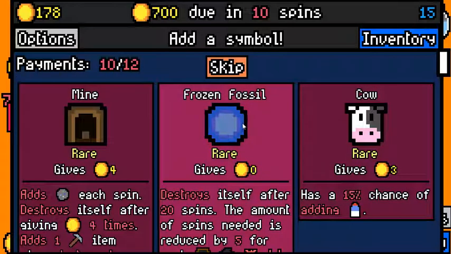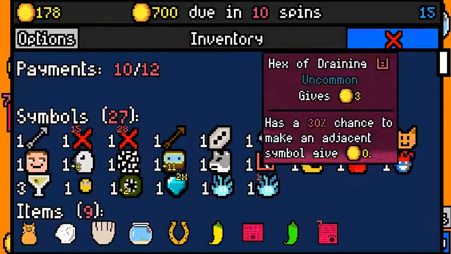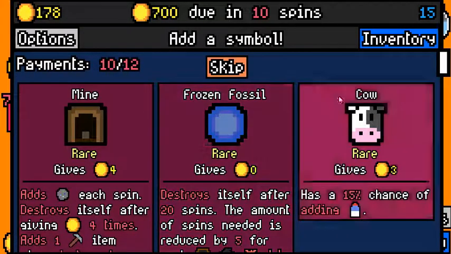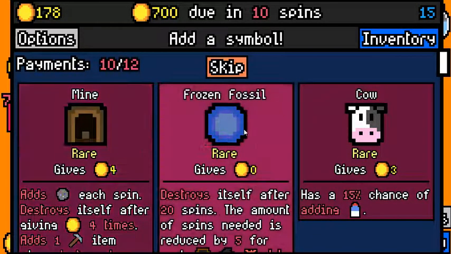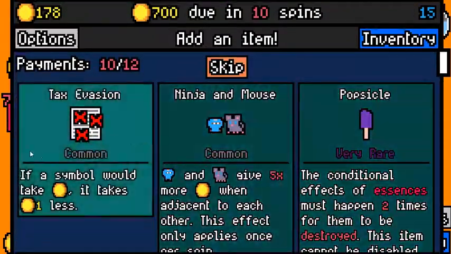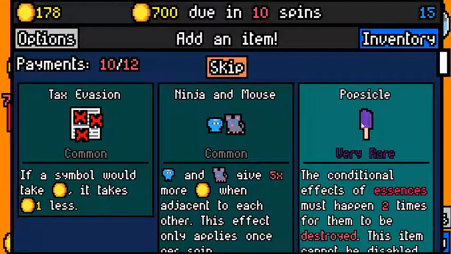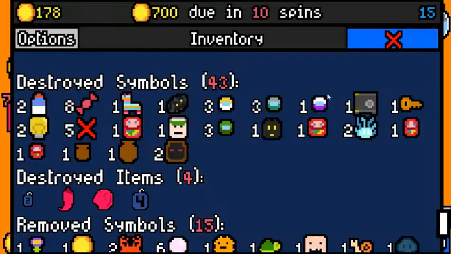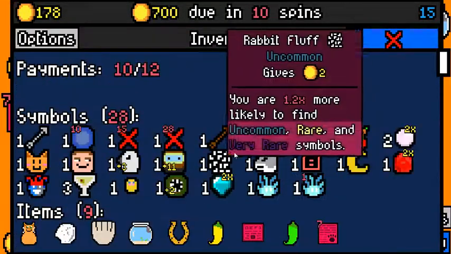It might be too slow. Is frozen fossil going to be too slow? We also just have 1 hex of draining. So there's a decent chance that we will see the frozen fossil in 5 turns. We just don't want any of the other ones. I'm gonna go for it. It's just the most fun option here. Popsicle. The conditional effects of essences must happen 2 times for them to be destroyed. Cannot be disabled. We don't...